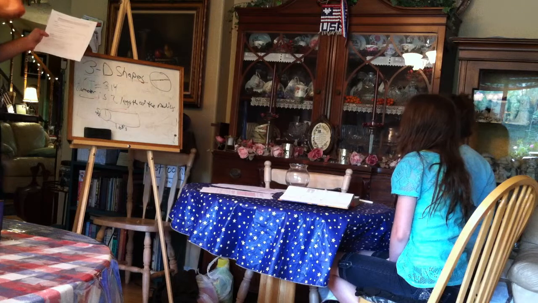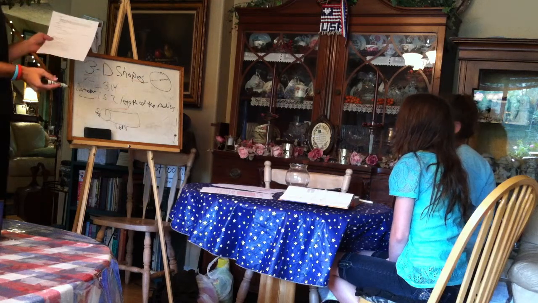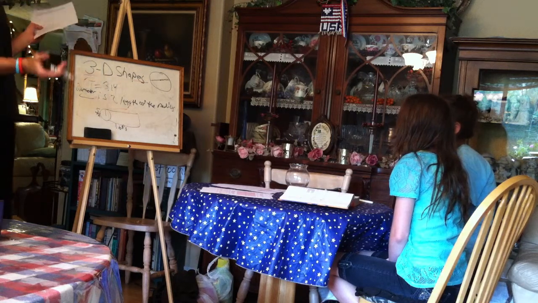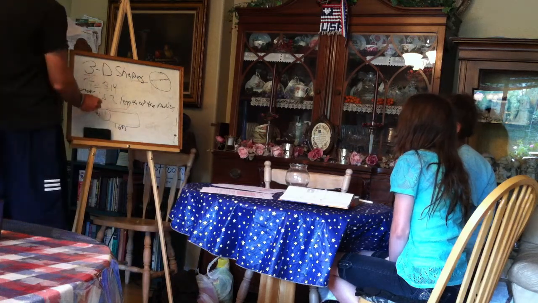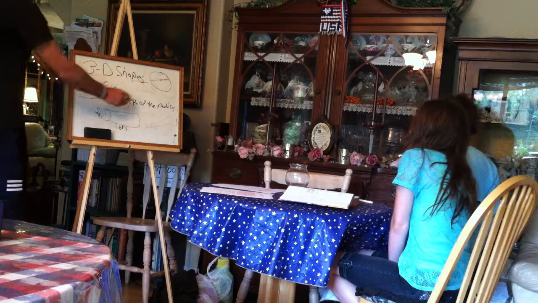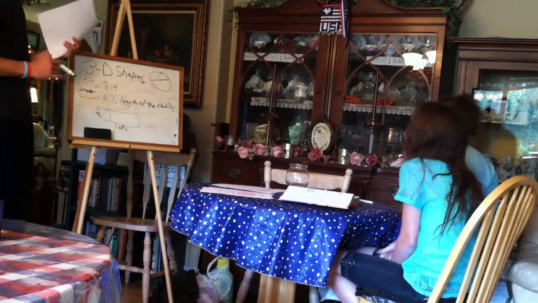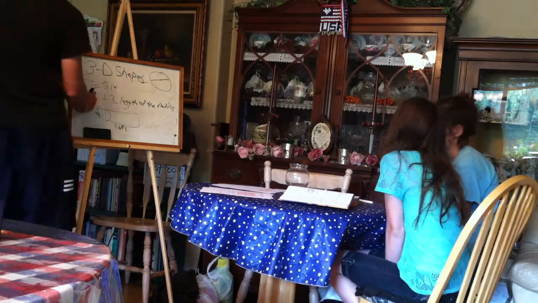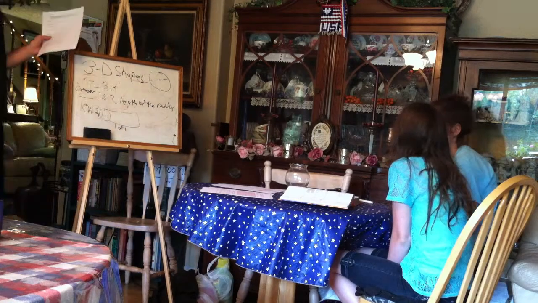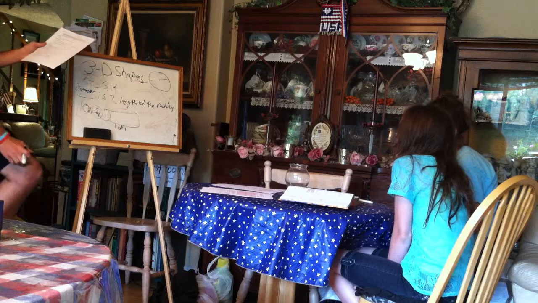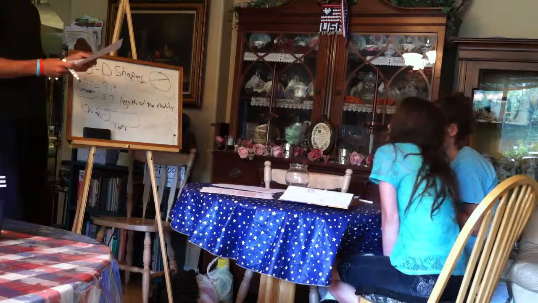Now our question asks, if the radius is 5 feet, the diameter must be how many feet? If the radius is 5, and we know diameter is twice the length of the radius, what would that be, Tessa? 10! Excellent job. How did you get that answer? 5 times 2. Good work, Tessa. And so